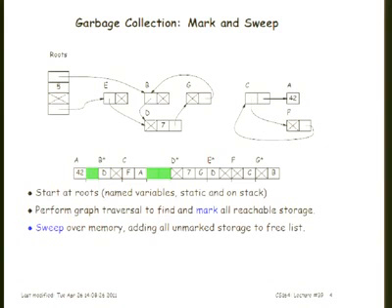So those are the roots, the places that you start. Those are all the things that your program can directly reference, and then you find all the things that you can indirectly reference because of those things that you can directly reference. And that's a graph traversal. You just traverse this graph, and when you do that, you will find all of the storage that you can reach from these roots. It's a reachability thing. You do a simple depth first traversal or breadth first traversal, say a depth first traversal. And when you're done, you will have marked all of the places